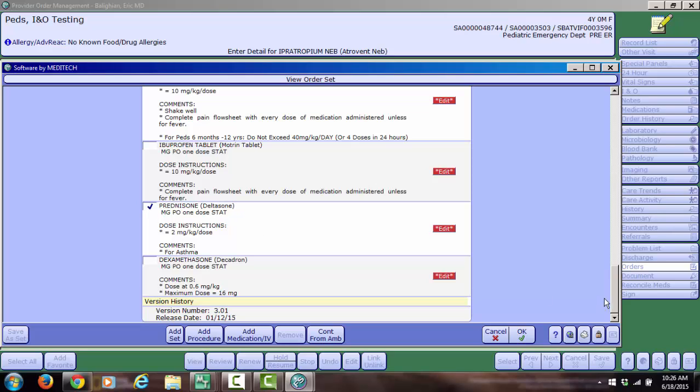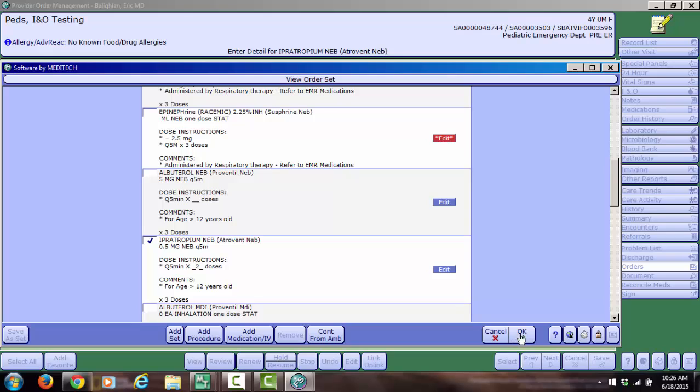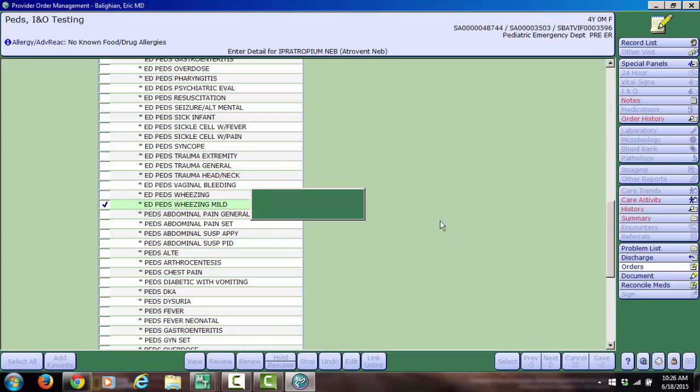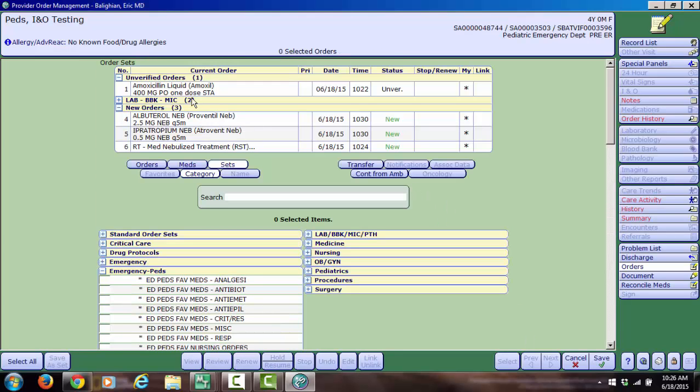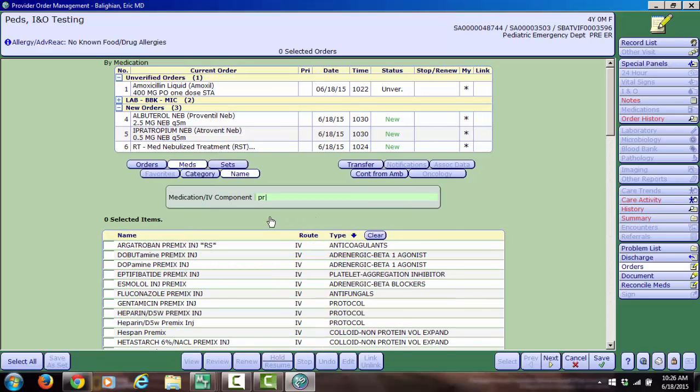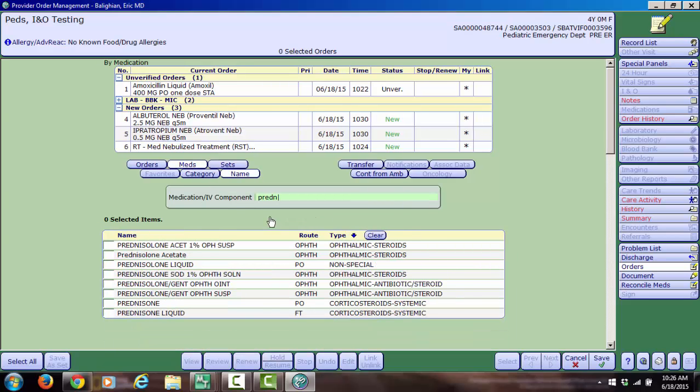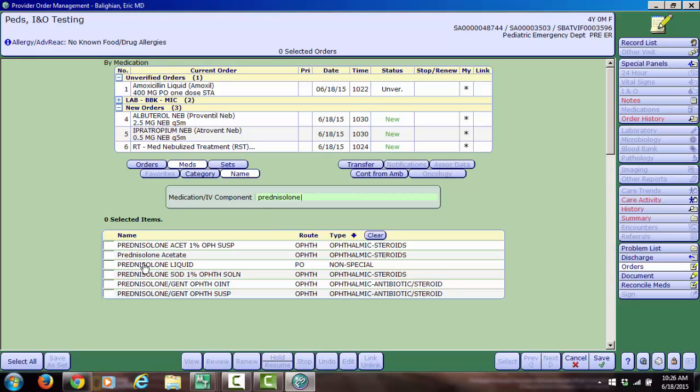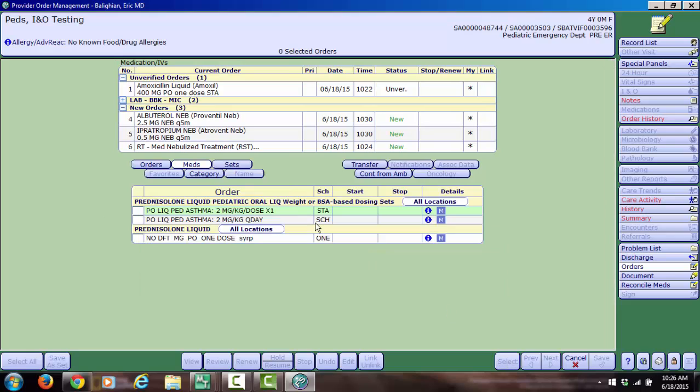Now this is prednisone, so I'll show you how to search for prednisolone. Or I want the child to get some dexamethasone, but I don't right now. I'll just go ahead and click those order sets, and again they will pop up as the new orders. See, these are the new orders I just ordered. Now I also want some prednisolone, so I'm going to start going in meds. I'm just going to order that by hand because that's not in our order set just yet, but it will be. So prednisolone liquid, I'll go ahead and select that,